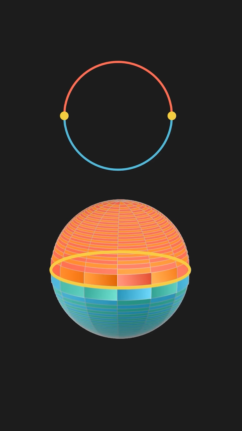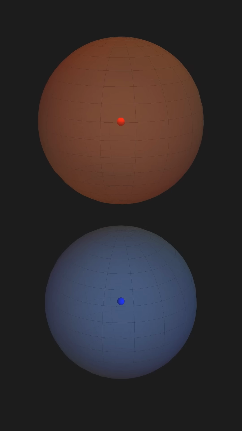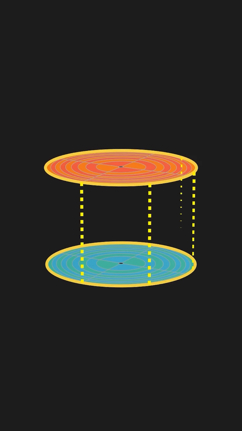A circle is made from gluing two intervals, and a sphere is made from gluing two disks on their respective equatorial boundaries. So we can construct a 3D hypersphere by gluing two solid balls on their spherical equator, although actually gluing them together is impossible in 3D space. So instead of actually gluing them, we can just think of the equator as a portal that connects the two